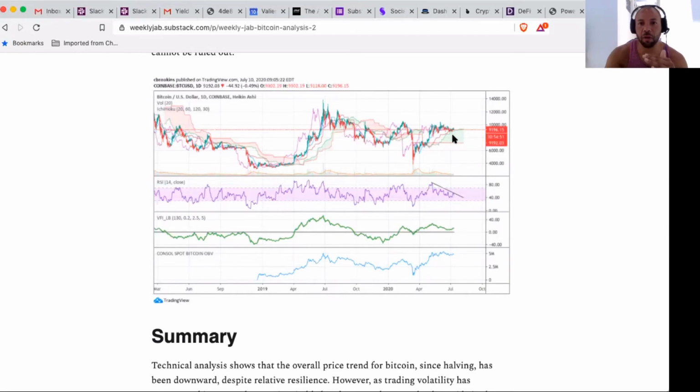So if it does fall back into the cloud, then that opens up a whole slew of bad possibilities for Bitcoin, where it can fall to 8,500, which is the first key support level. 8,000 is an additional key support level. And then if it starts moving further than that, then we could end up all the way back down here at this strong Kumo cloud support, which I believe is approximately 7,100. I don't suspect that we'll get there, at least looking at the charts or the data that we have in front of us at the current time. But you can't really rule anything out, especially with some of the macroeconomic headwinds revolving around COVID and just general economic weakness hanging over this particular market's head.